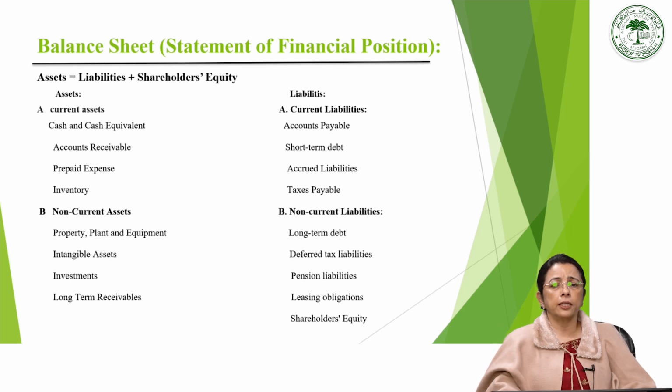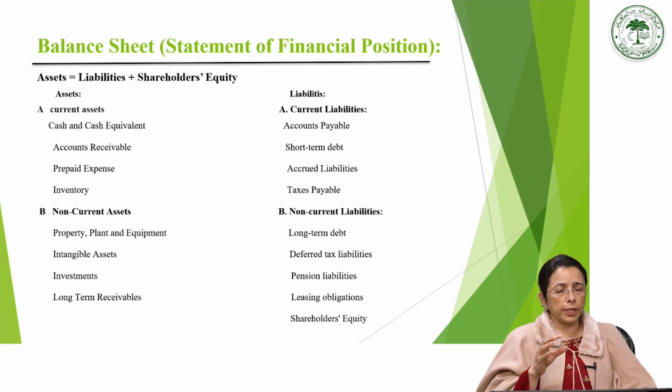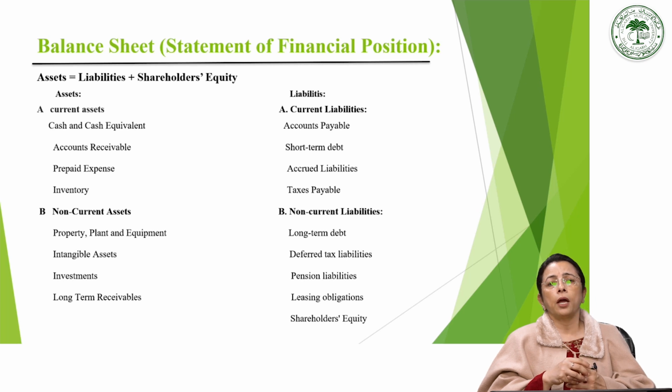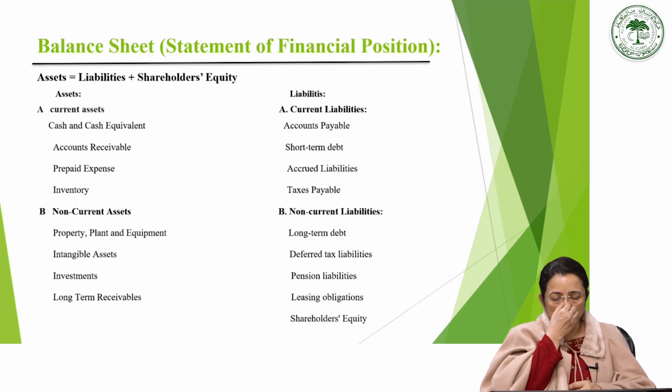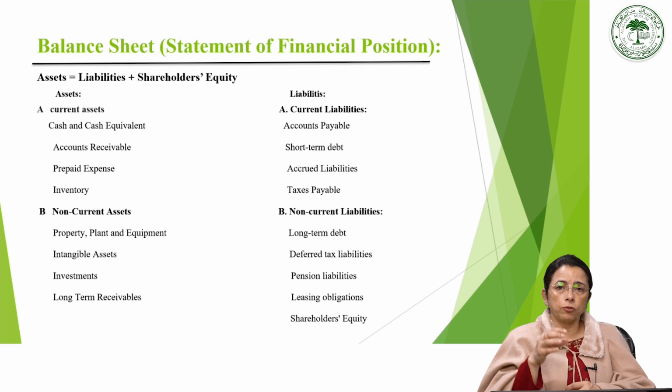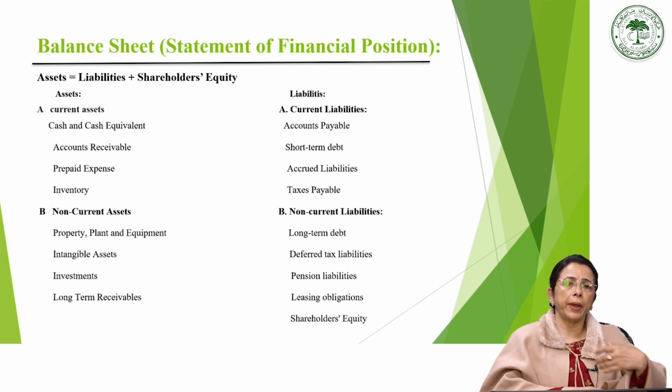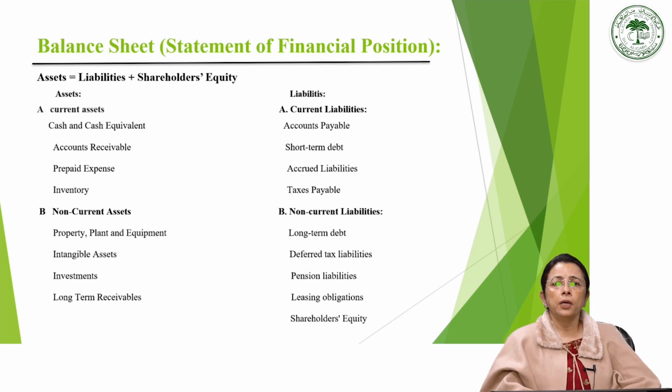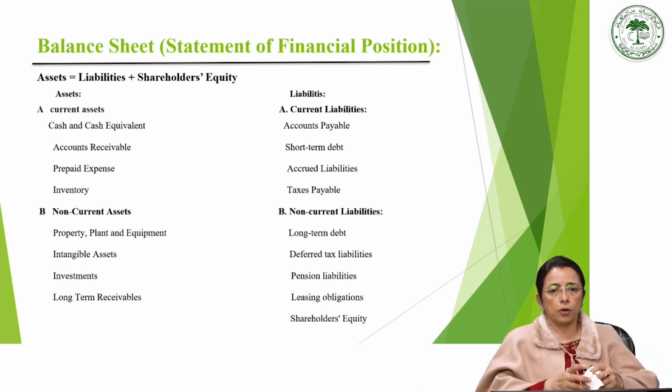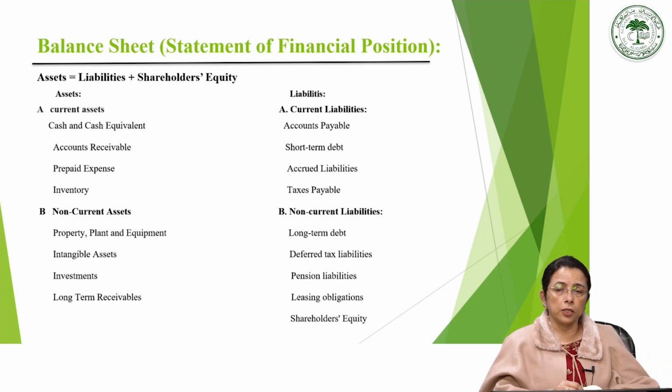And after that, the last item is tax payable. That is overdue taxes that have not been paid yet, so that is included under tax payable. Actually, every year we have to pay taxes annually after computing the profit and loss account. If you have not paid it on time and you have delayed it, it becomes a liability on the date when it was supposed to be paid. Whenever you pay it in future, the liability will be cleared. Therefore, we also call tax payable one of the current liabilities.